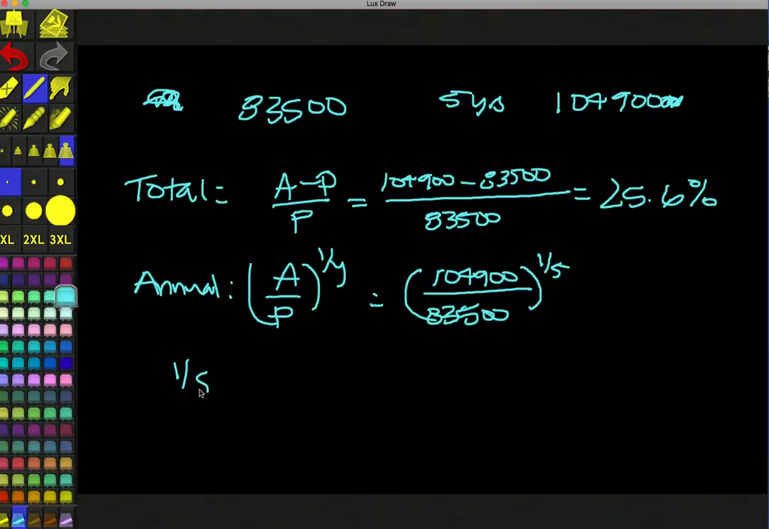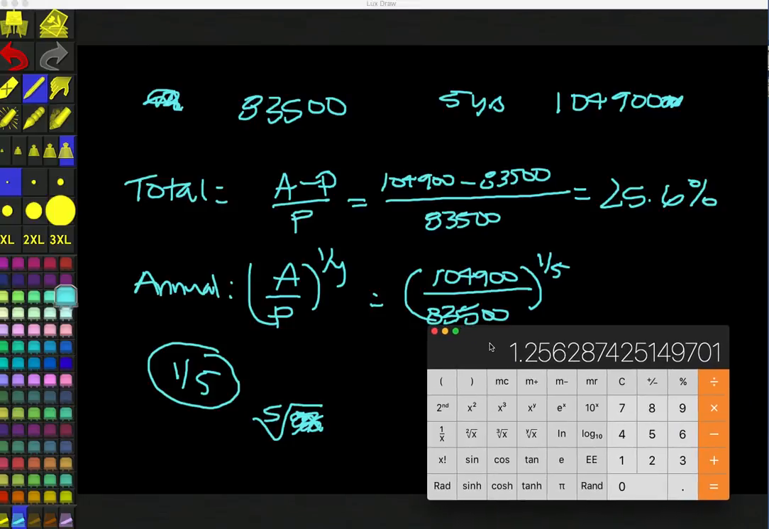I'm going to do it the cheater way. If I have a fraction up there in my exponent, it's actually like a root: the bottom number is the root. So I'm going to take that number and take the 5th root of it. And I get,